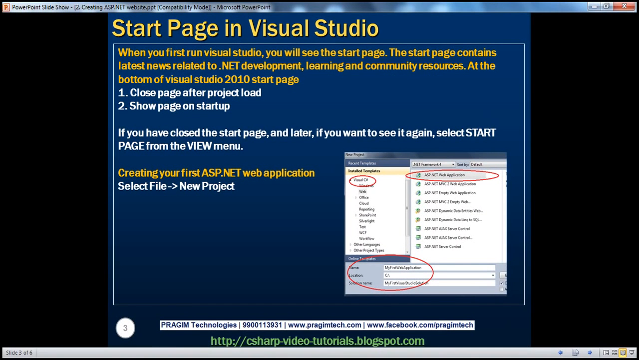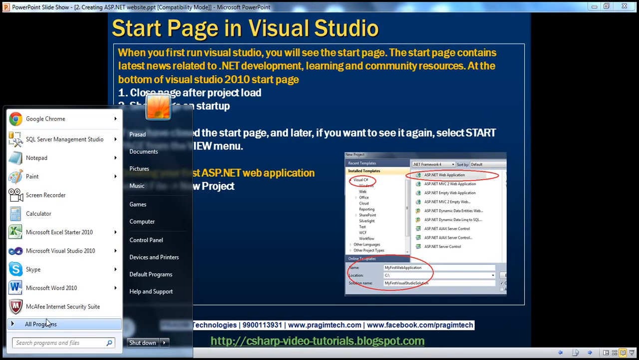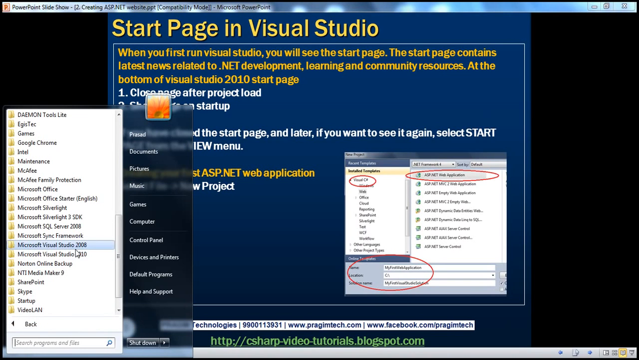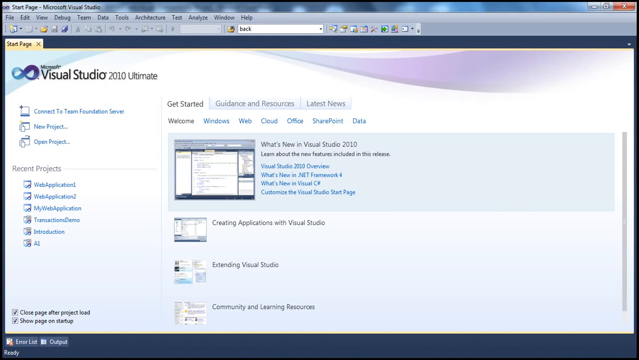When you first fire up Visual Studio, you will see the start page, and this start page contains latest news related to .NET development and other learning and community resources. To fire up Visual Studio, go to the Start menu, select All Programs, Microsoft Visual Studio 2010, Microsoft Visual Studio 2010. Upon selecting that, you should see Visual Studio 2010 open up. And on the start page, you should see the latest news related to Visual Studio 2010 besides other learning and